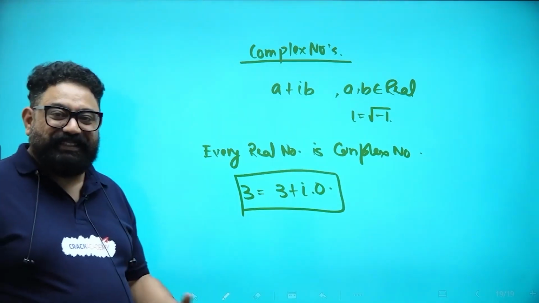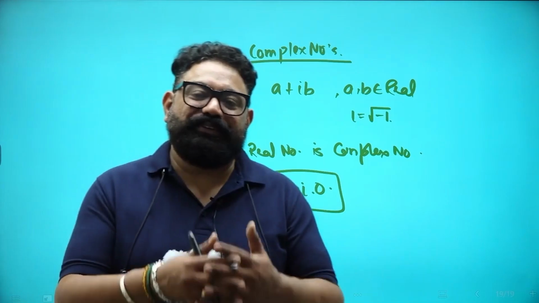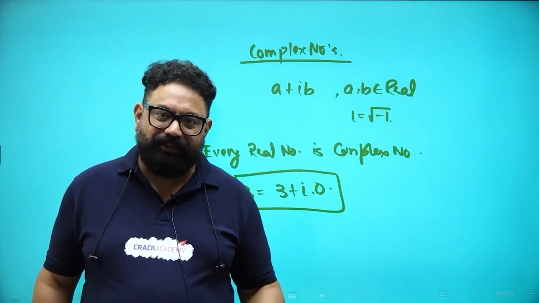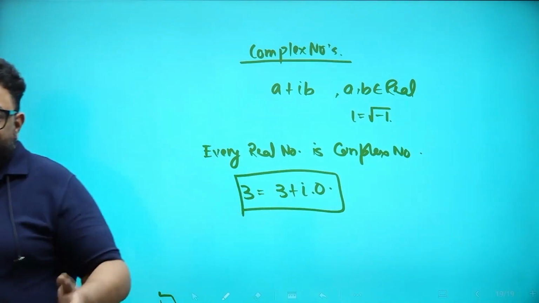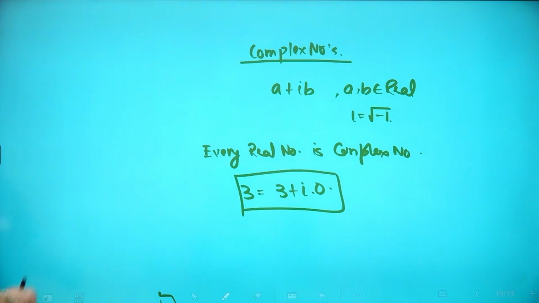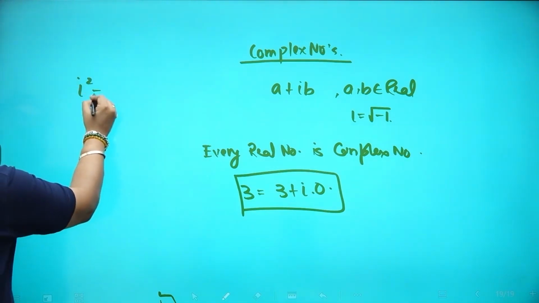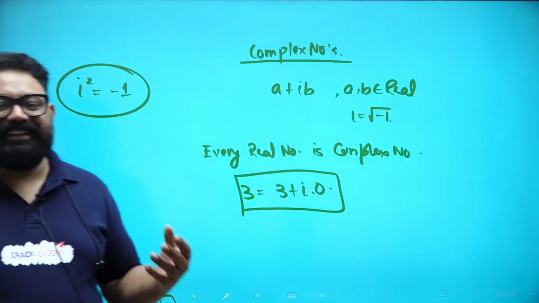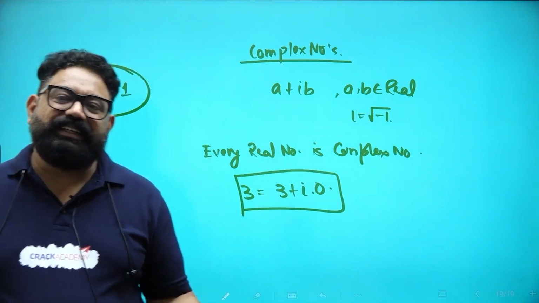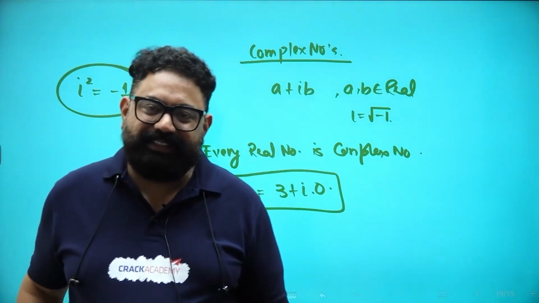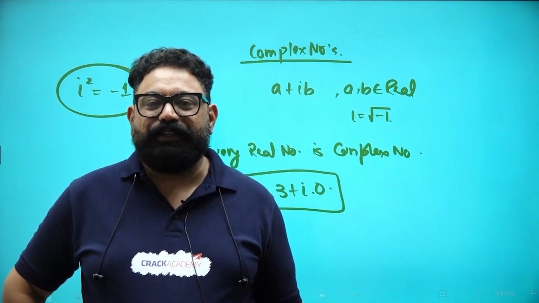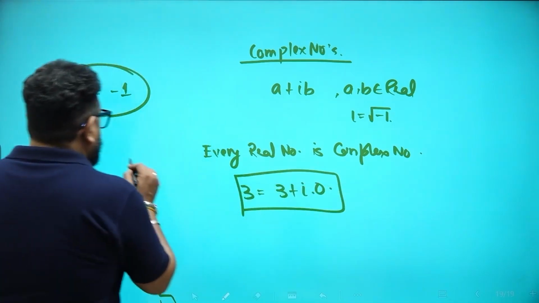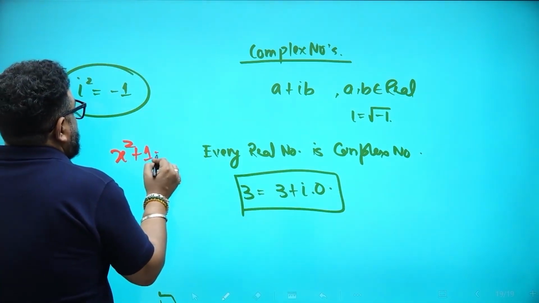But complex numbers do not exist in the ordinary sense. This is more for when we want to do complex geometry, which is a very useful tool when we are doing integration or higher mathematics. But you should write it, okay? And also remember iota square is minus 1. Iota is useful. So what exactly is iota? Iota is exactly the solution of the equation x square plus 1 is equal to 0. You should understand this. Sir, how is it possible? x square plus 1 is equal to 0.